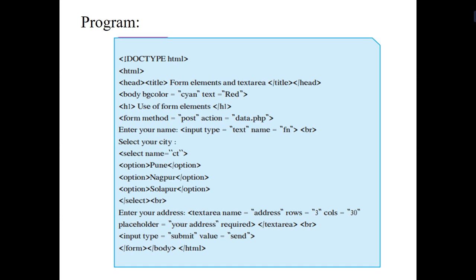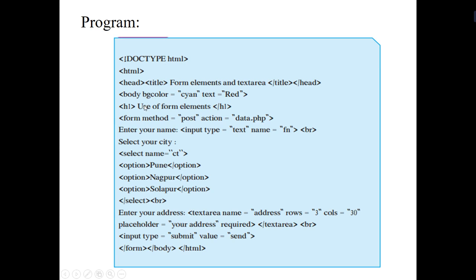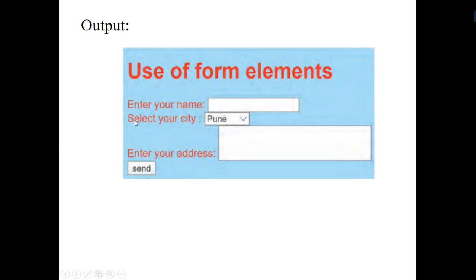After that inside the body, as we have seen previously, we can write different types of text, documents, images, and we can create table, form, everything. So inside the body tag we have used the heading tag, that is H1. You all are familiar now with the use of H1 tag. H1 is the highest heading level tag, whereas H6 is the lowest heading level tag. So we have used the highest heading tag, that is H1, with the text form elements, and your H1 tag is closed. After that we have used the next tag, that is the form tag.